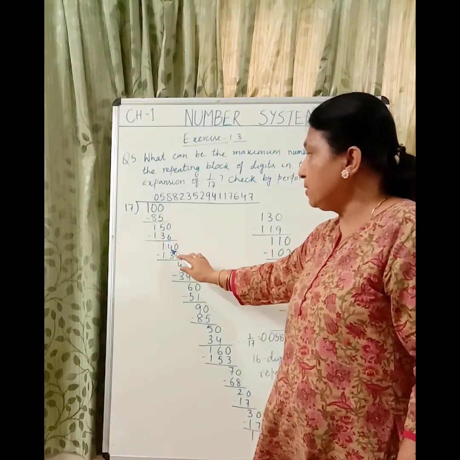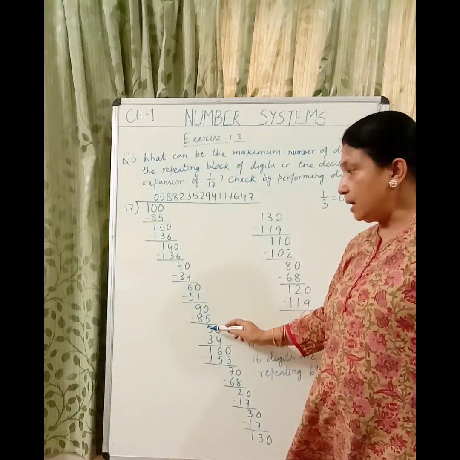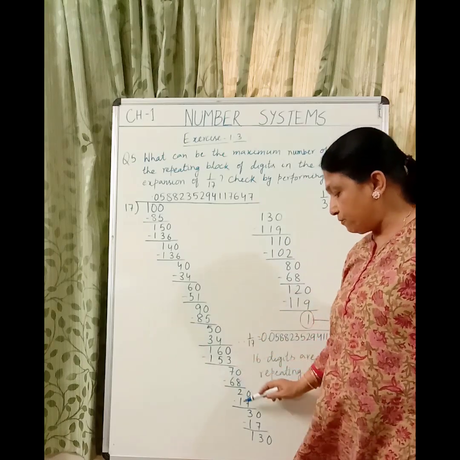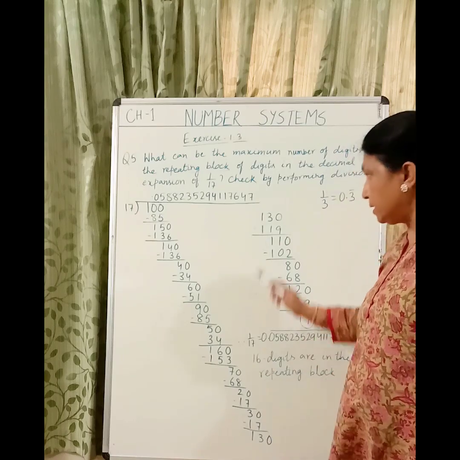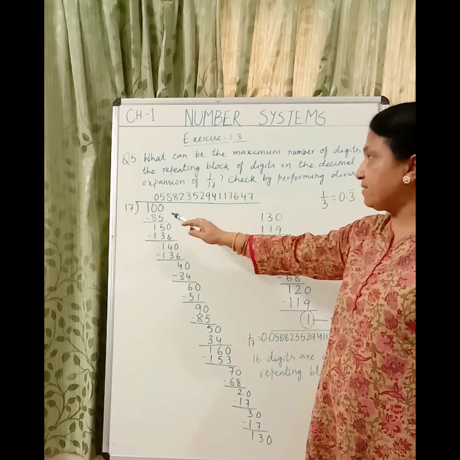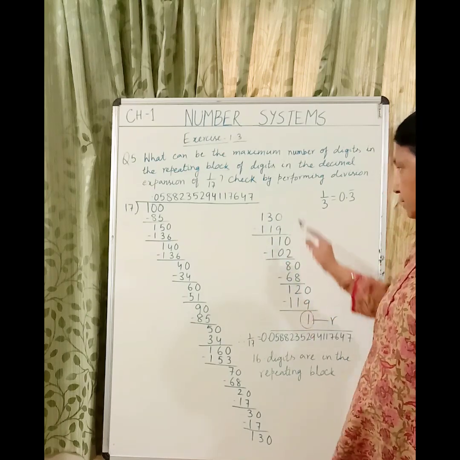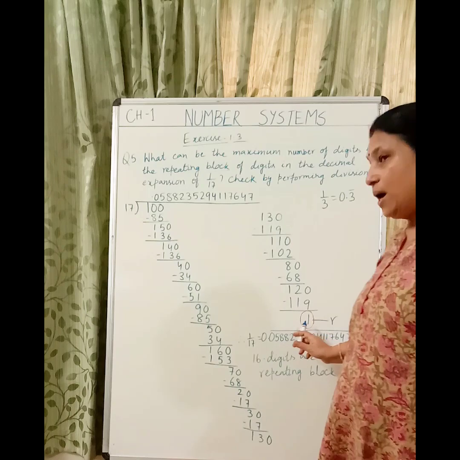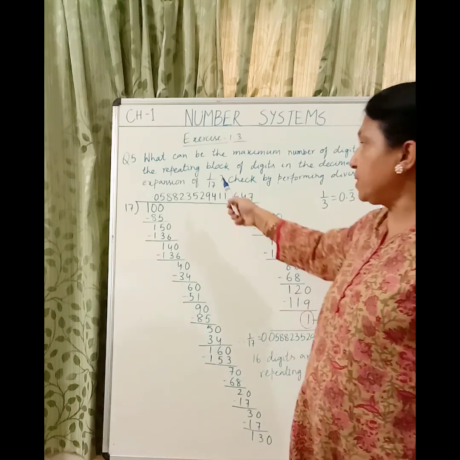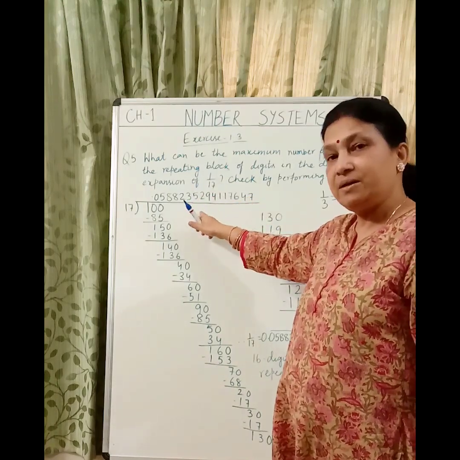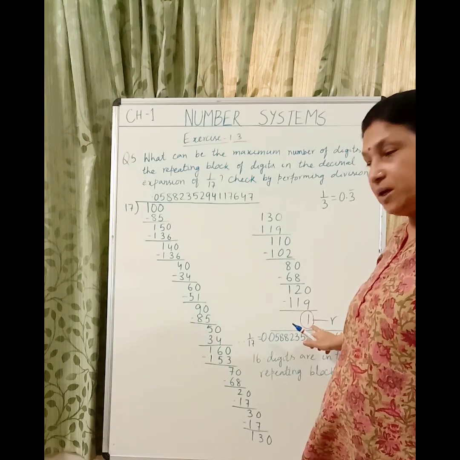The division continues like this. Every step we are getting a remainder and dividing further. And finally, as you can see, here the remainder is 130. Then dividing 130 by 17, we are getting the rest here. Now finally you can see 1 is the remainder. We had started with the number 1 divided by 17. So we have reached the same number. So we have to stop the division.